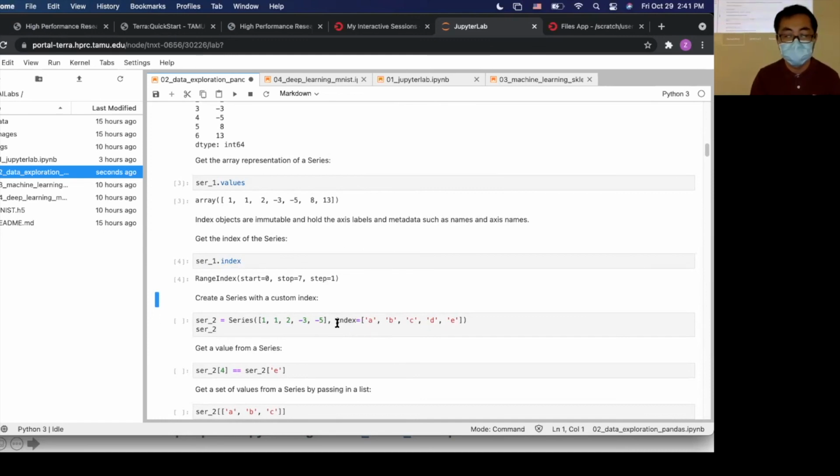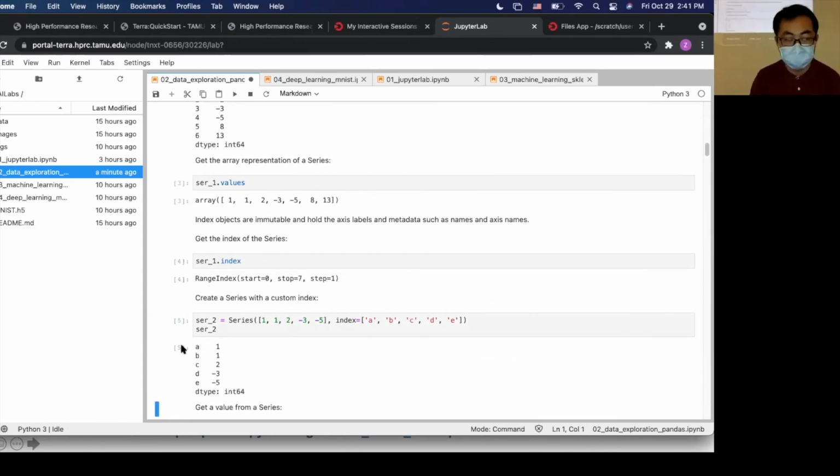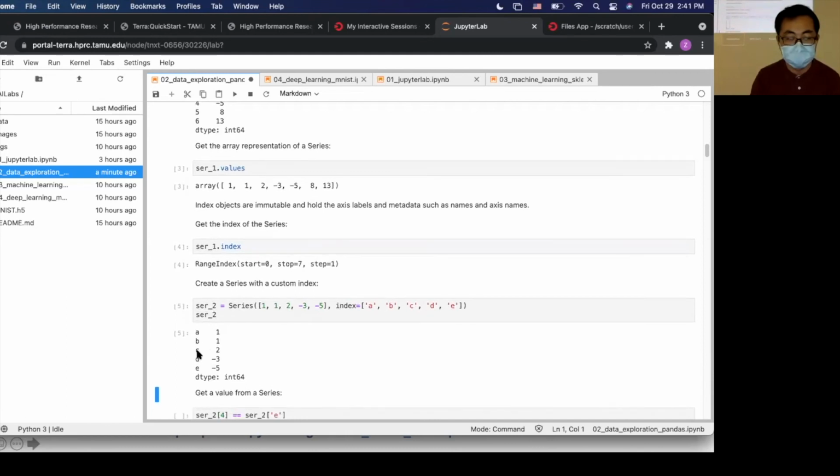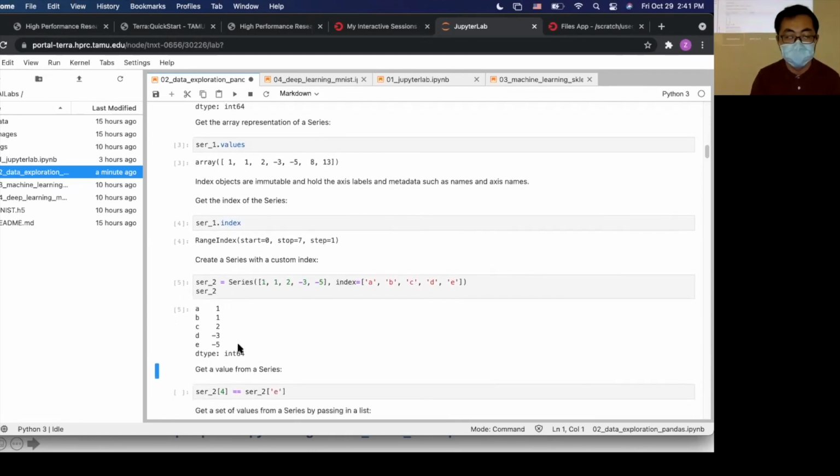Here you can use index equals and give it a list, for example A, B, C, D, E, or egg, cat, dog, whatever. Then the index of this series will be changed. Now you can see it's labeled A, B, C, D, E.